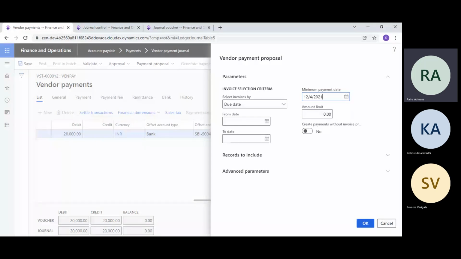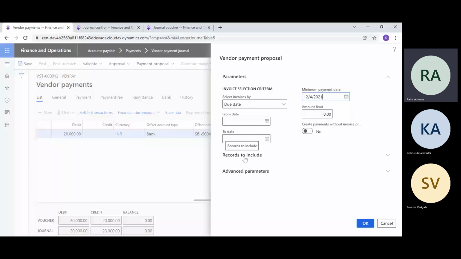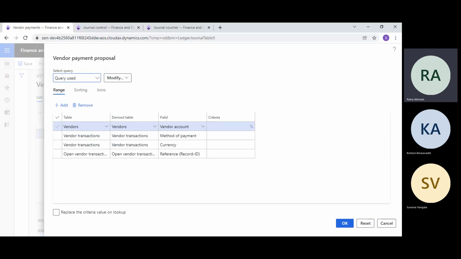Then in record include, we have filters where we can select whatever we want, like only a particular vendor. There are filters actually to generate the payments, like only the payments having the method of payment as check. So these are all filters for selection.